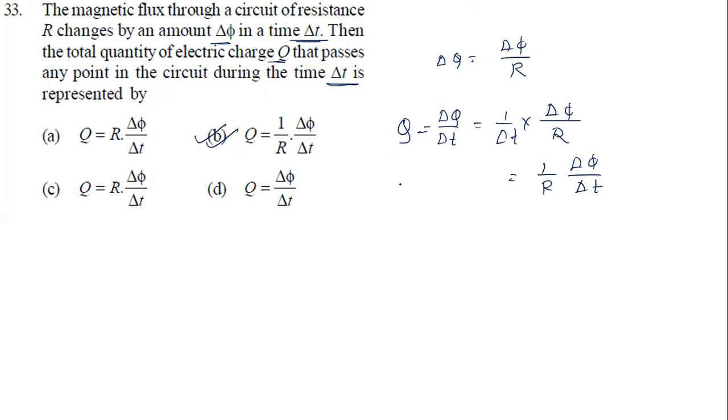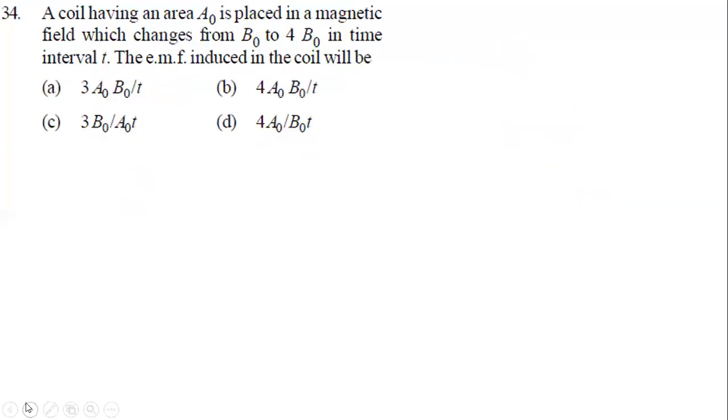Okay, the given Q is what is given here. This much Q is given to us. You can take it as I, because the charge passing through a given time will give us a current. But they indicate Q to confuse us. Don't get confused. Let's have a look at the next question now.